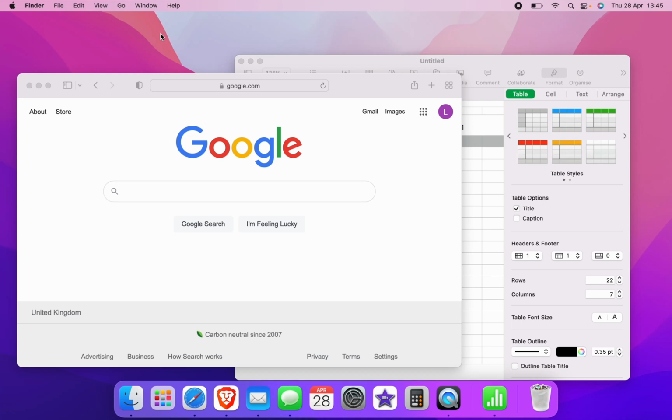Let's learn how to split screen on a MacBook. In this demonstration, we'll use Apple Numbers and Safari. To split screen, you want to come up to the top left hand corner of any of the panes and